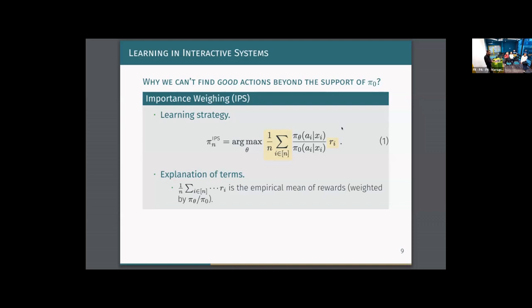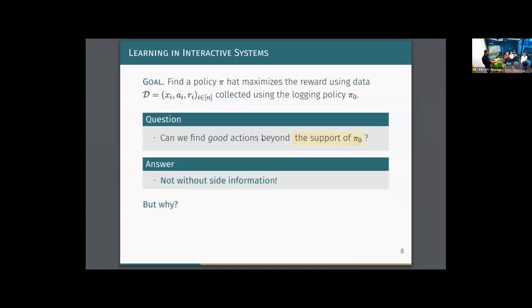And this is a very famous method of policy learning. And the idea is simple. What we want to do is maximize the reward, right? So our estimator will be just the empirical mean of the reward. So in our data